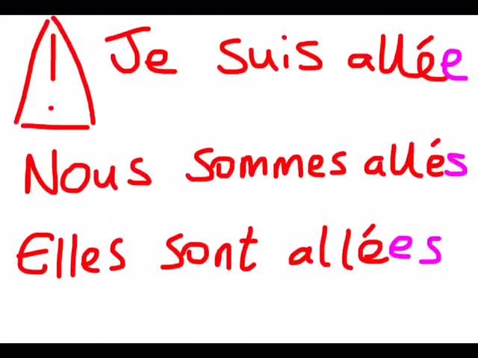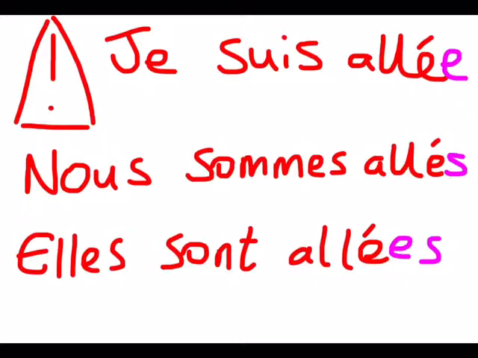There's one final thing we need to look at with the past tense verbs which form with être. Only these types of verb have to agree in terms of number and gender with the subject of the sentence. This simply means that if, for example, a girl is talking and she says je suis allée, because she is a woman, she has to add an extra e onto allée.